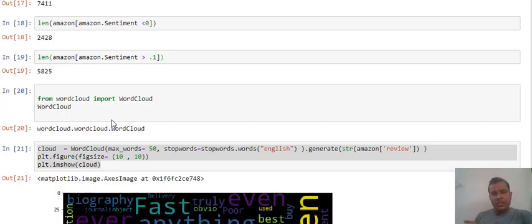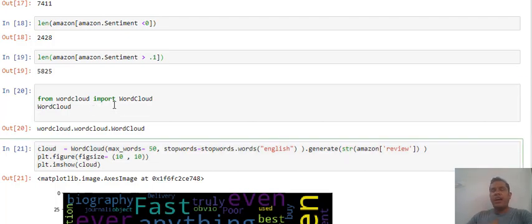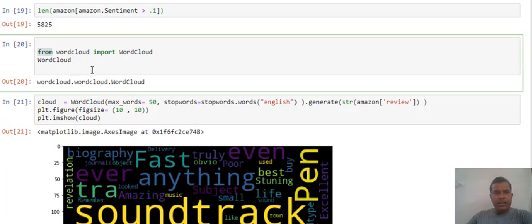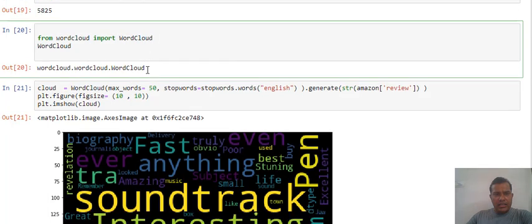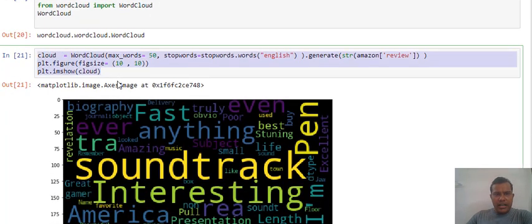Now let's see on what basis these positive and negative comments would have been coming. So I am building my word cloud, at line number 21. While building the word cloud, I have used two hyperparameters: I just want to see the top 50 words, and stopwords English, so I am removing these stopwords. At line number 21, the plot I am getting is on the entire data frame.